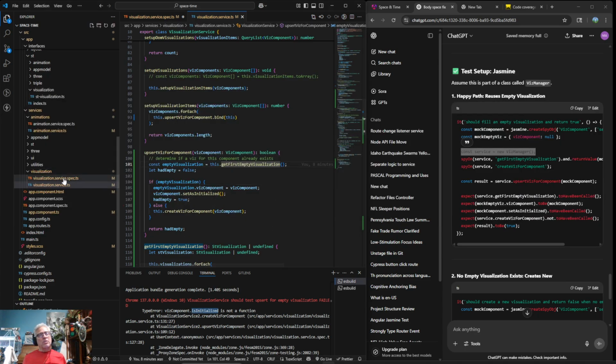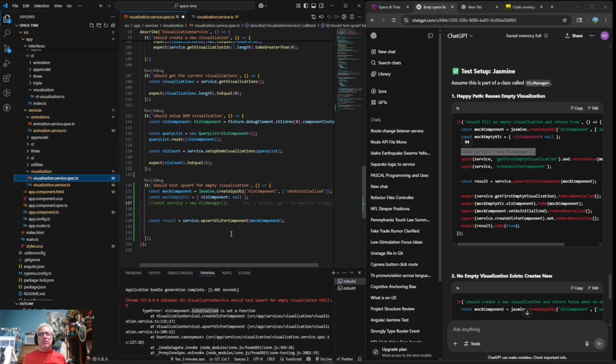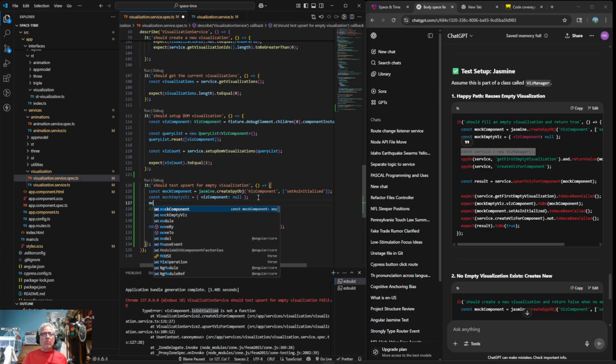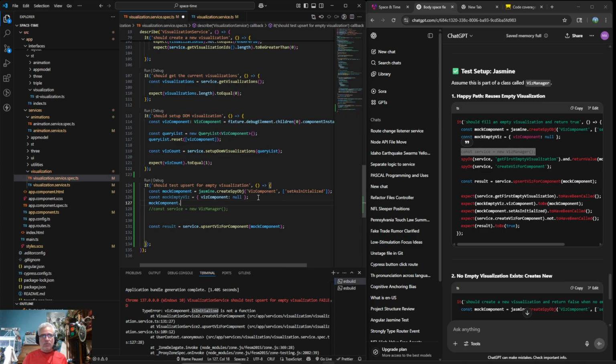Let's go back to our spec here. Our mock component has no isInitialized. It has a setViz. So weird. For the mock component, isInitialized, we're going to give it a function that equals true.